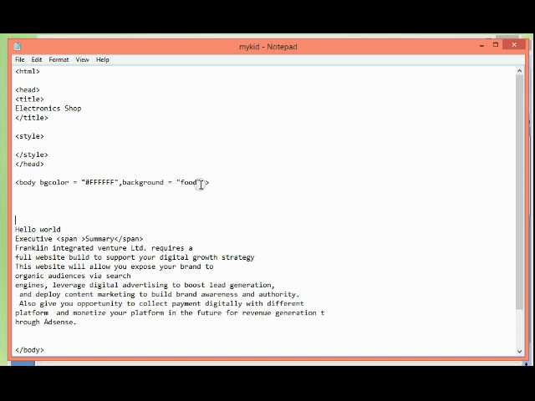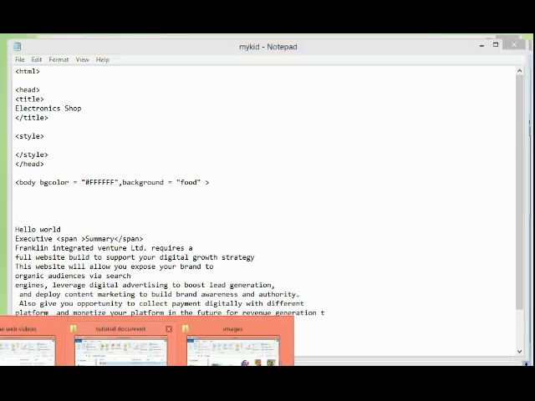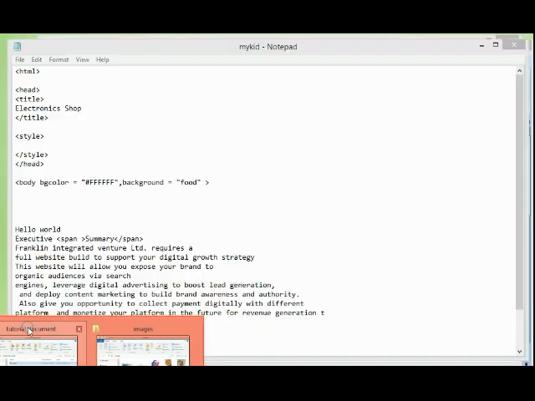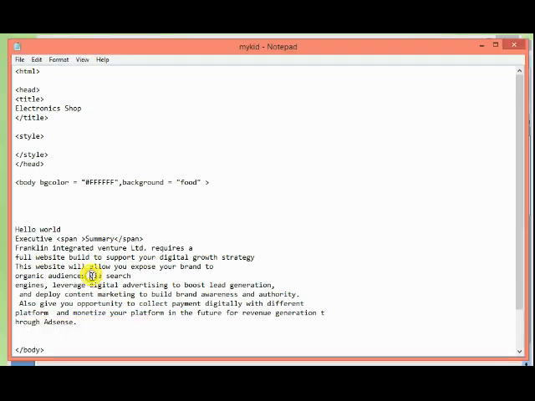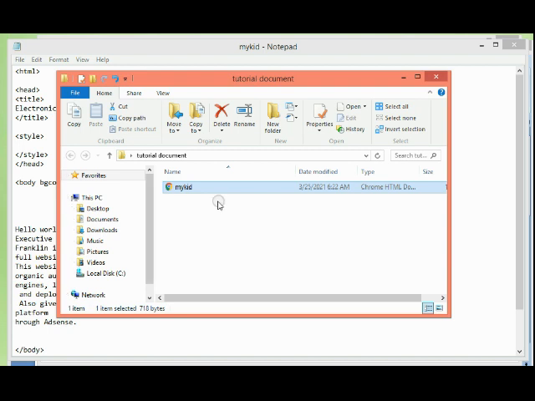We're only using HTML to implement the design. So for a background image to take effect in this our document, we say